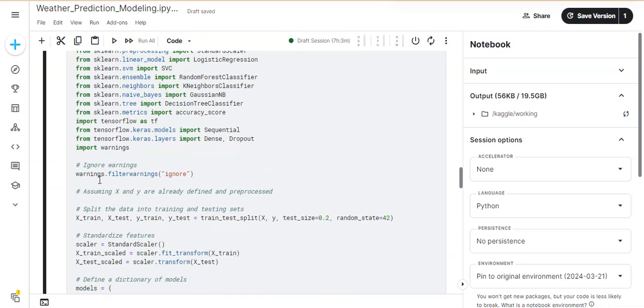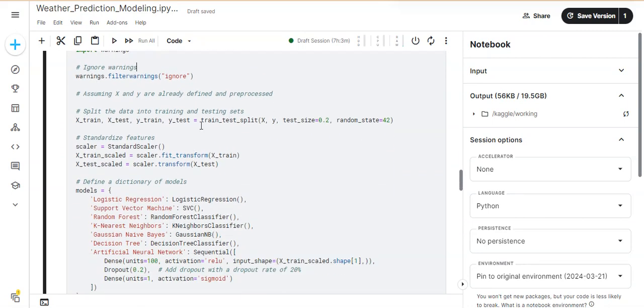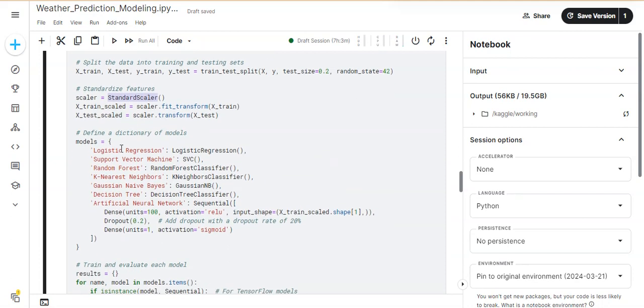Okay, here I train different models and see which one is better and compare them in order to find the best model to predict good condition for barbecue. Here I just ignore the warning and split the data, standard scaler, and different models like logistic regression, support vector machine, random forest, k-nearest, and also